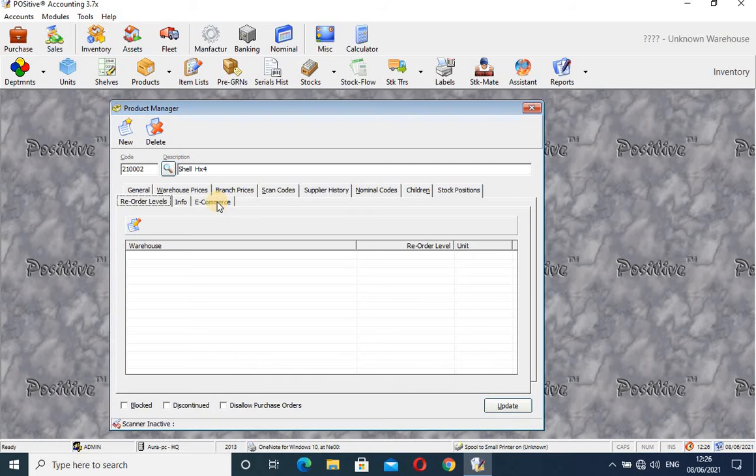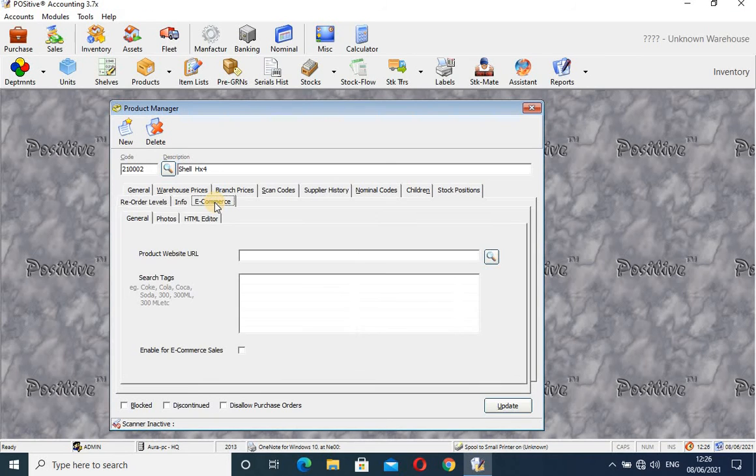infos, and then we have an e-commerce platform here. This is where you put the e-commerce platform from your website. You put the URL here, and of course there are some search tags. Once we put the tick here, it means the e-commerce sales is enabled. And once you've paid your registration key for the platform to the Aspire system, then all of your shop will be appearing